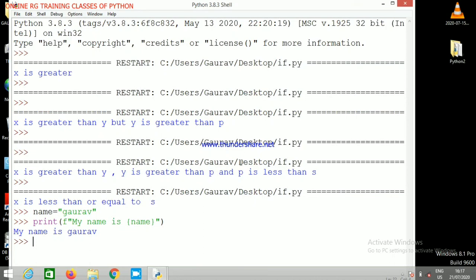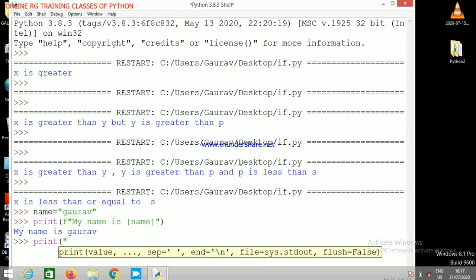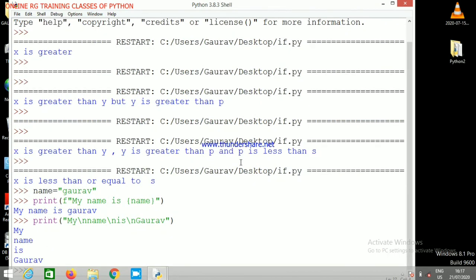If I want the words to be on a new line, for that I will use \n, the new line character, like print my \n name \n is \n Gaurav. So here if we hit enter, we get each word on the next line, because we have used the \n character for printing in the next line.